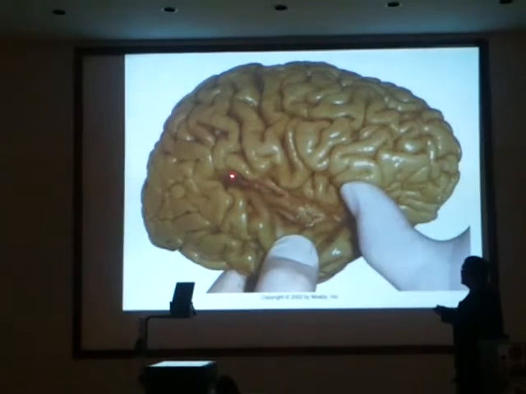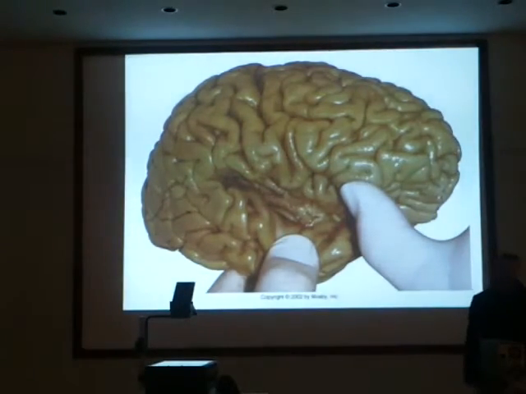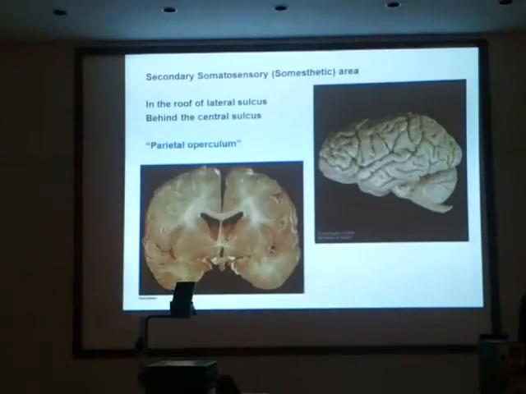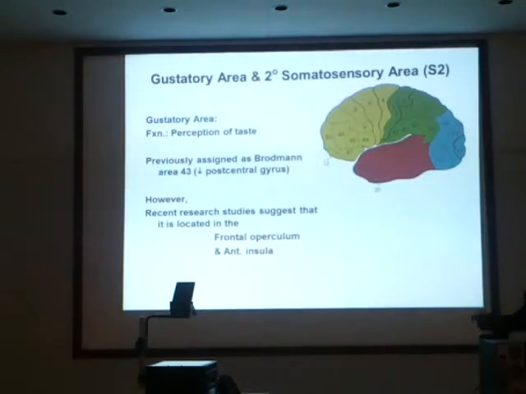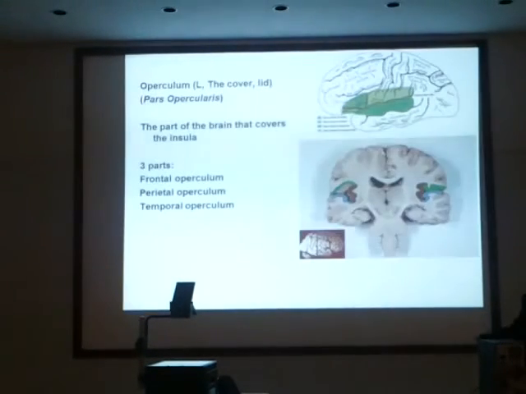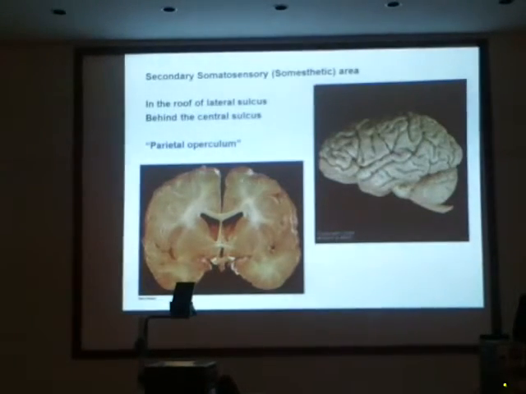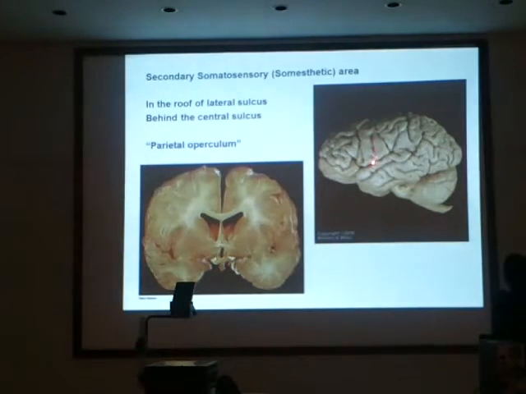Behind the central sulcus, superiorly here in the roof, is the parietal operculum, and all this one here is the temporal operculum. Okay? So the operculum is actually three parts: frontal, parietal, and temporal. The frontal operculum, recently they are saying that the frontal operculum and the anterior part of the insula is the gustatory area. Okay? So if you look carefully here, if you look to the central sulcus,